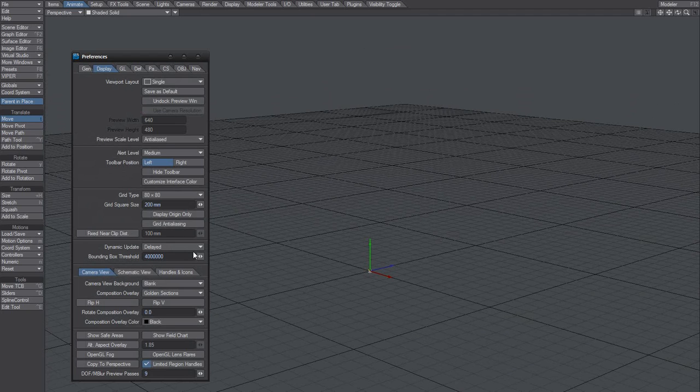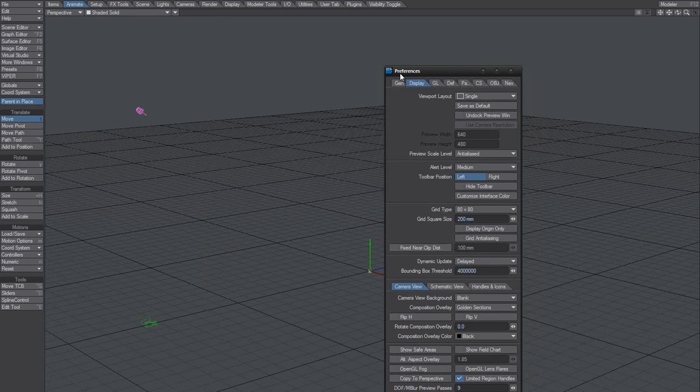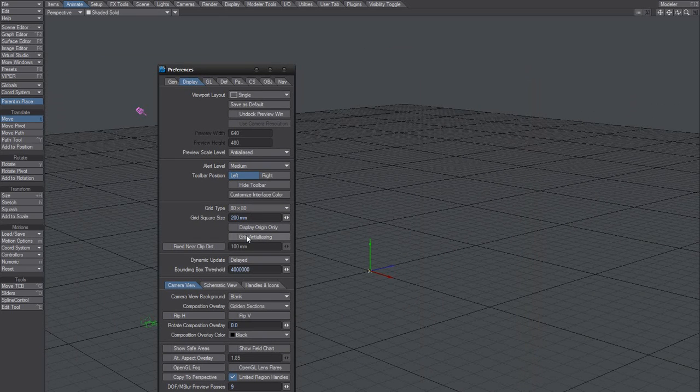If I go in here, preferences, display, you see that, okay, this camera or this grid size is now 200 millimeters. Now this camera is about the same size, so, and